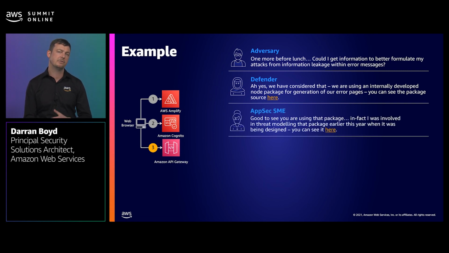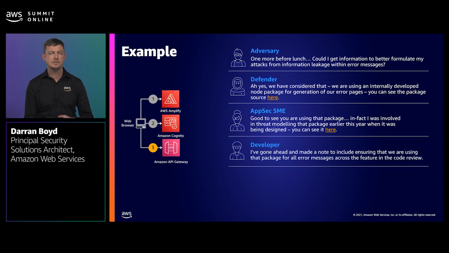Our AppSec SME persona has come in and said, it's really great that you're using this package, and in fact that they were part of the threat model review when it was being designed. So here we're seeing an example of by taking a dependency on something that has already been decomposed and threat modeled, in this case, an application package for minimalist error messages, is that it reduces the amount of effort and